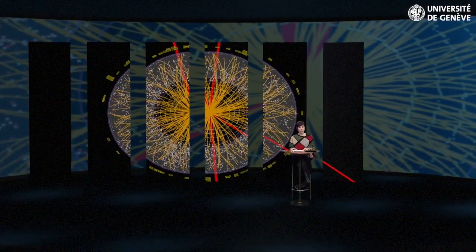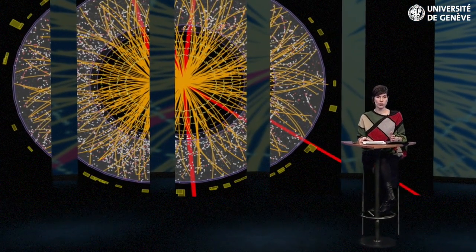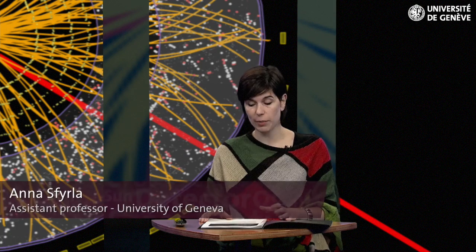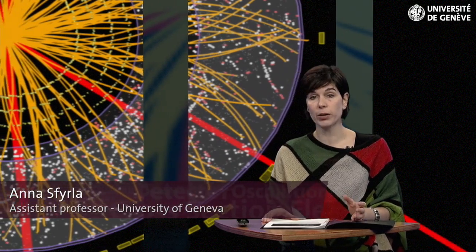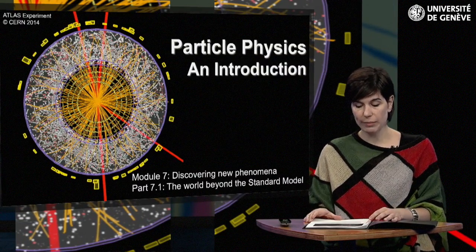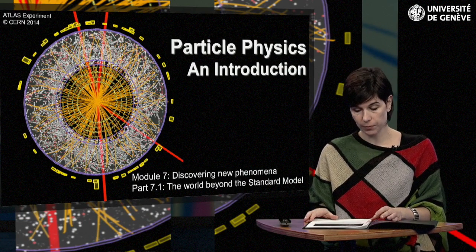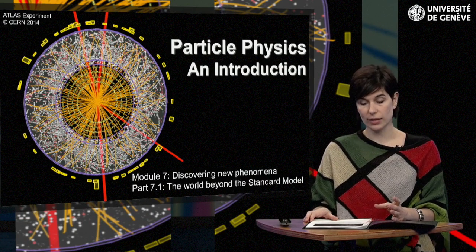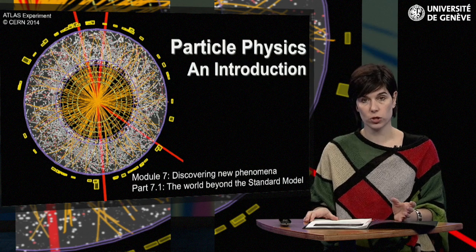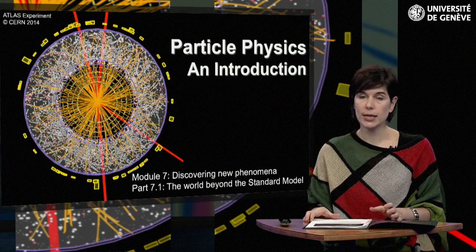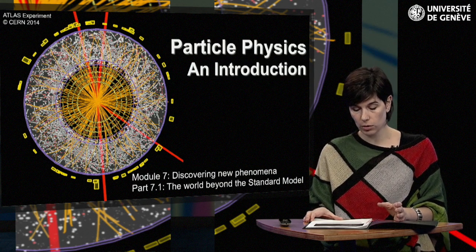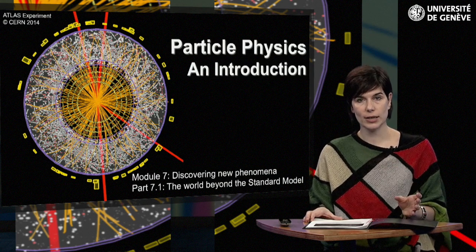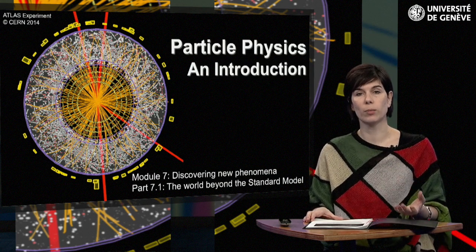In this seventh module, we discuss searches for new phenomena beyond the known ones described by the Standard Model and covered in previous modules. We will remind you why we need new physics. We will explain how we render Hadron Collider data usable for searches. And we will discuss examples split in two categories based on the general characteristics of how new phenomena would manifest